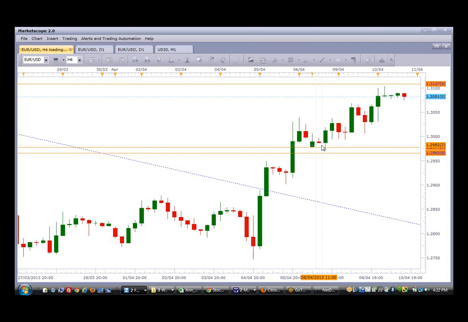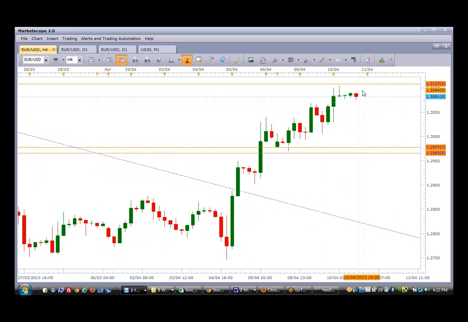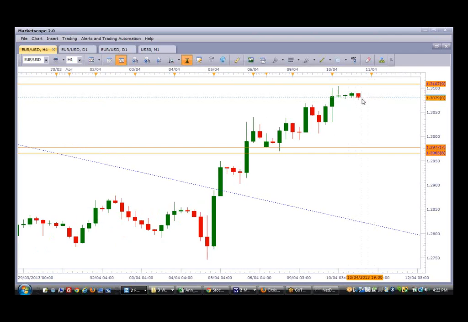Okay, the 4-hour chart is at the level supply. Currently, it's consolidating or having a breather between this demand and supply area. You can see right here that sellers are in control. However, it's on an uptrend. So nice consolidation right here, a lower one, before it may continue to the upside.